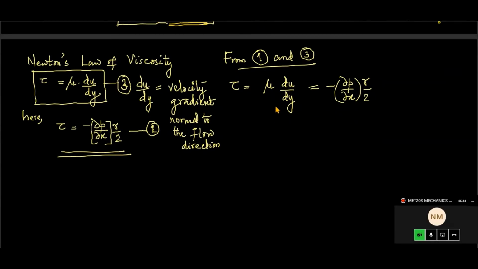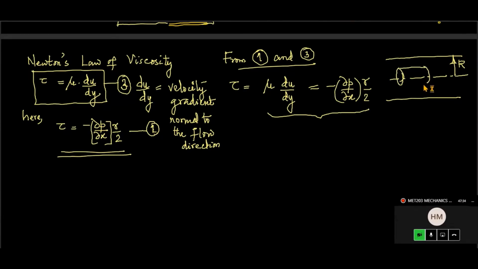So if you consider this part, there is velocity du over there, and you can find out du from there. When you consider the pipe wall, the fluid element we considered is somewhat like this. Consider it like this, and this is radius R. This is radius R, and the distance y is taken from the wall of the pipe. So I marked it in both ways for your better understanding.